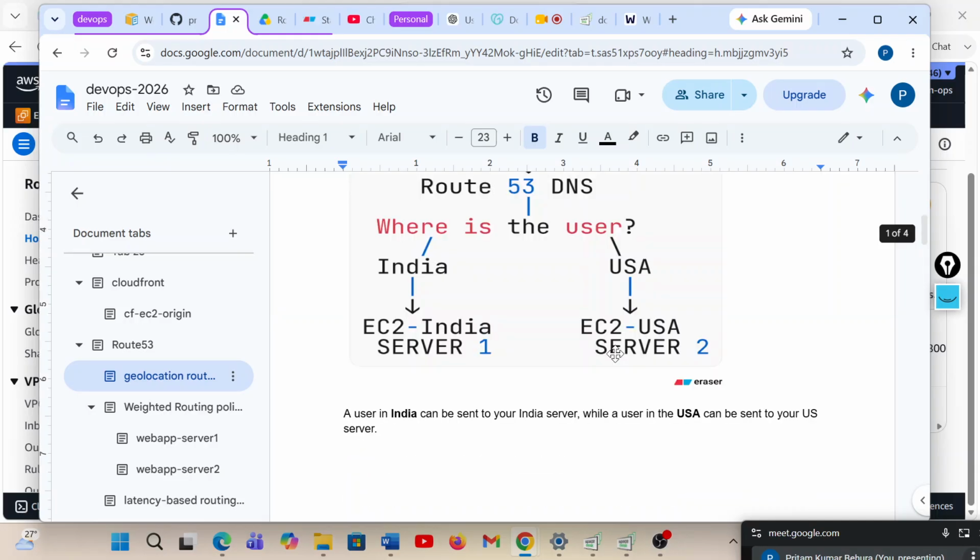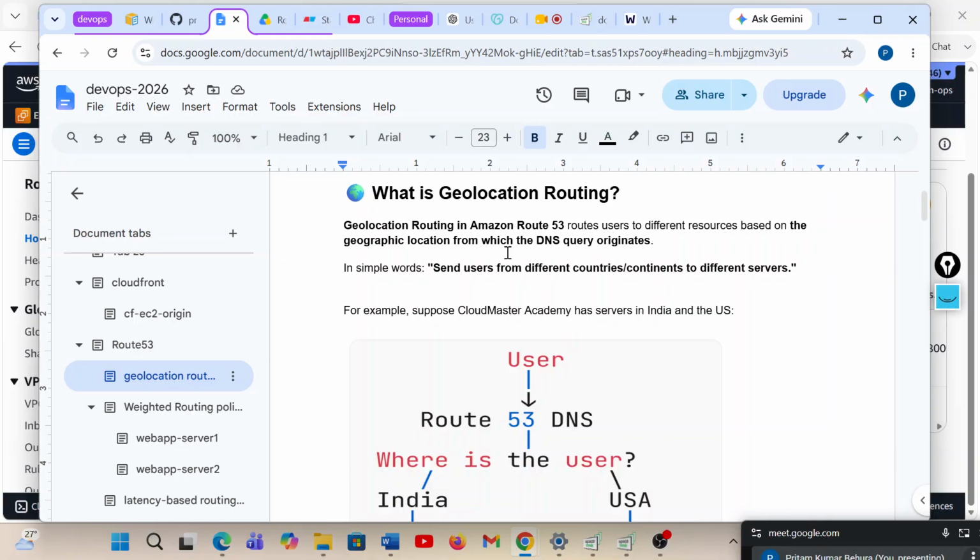Because last time, with the weighted routing policy, the traffic was distributed depending upon the weighted amount which you define during the policy creation process. But this is a little bit different from the weighted routing policy. So what it is trying to say here is just